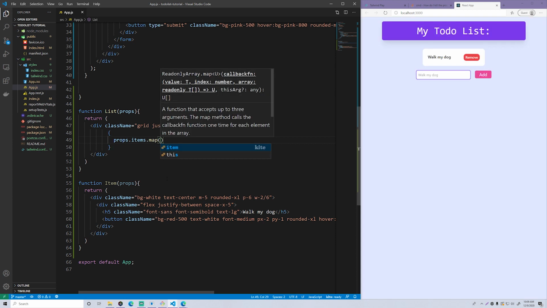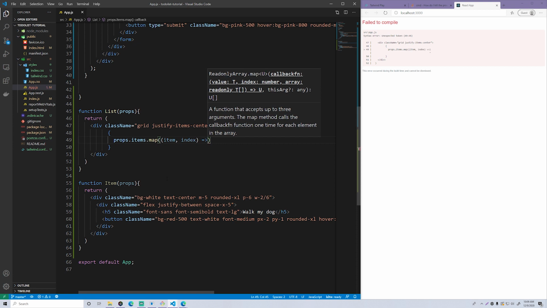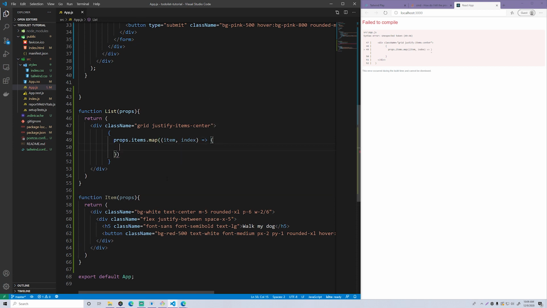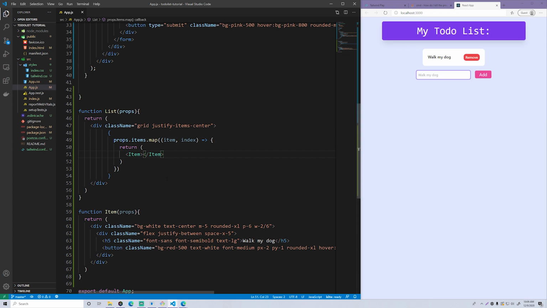And for each string in that array, we're going to have an item and an index, and I'll show you why I need the index in a second. So for the item and the index, we want to return a new item, so based on each string, we want to create a new item dynamically, basically.